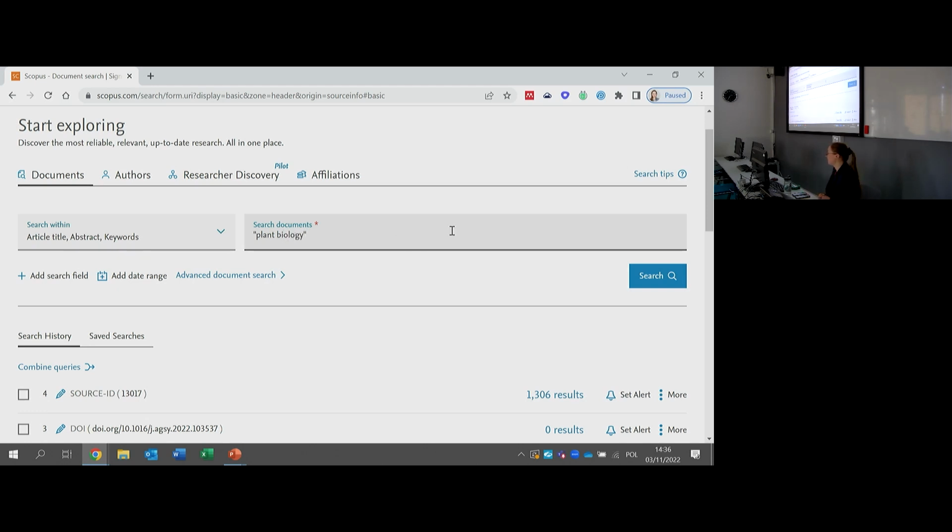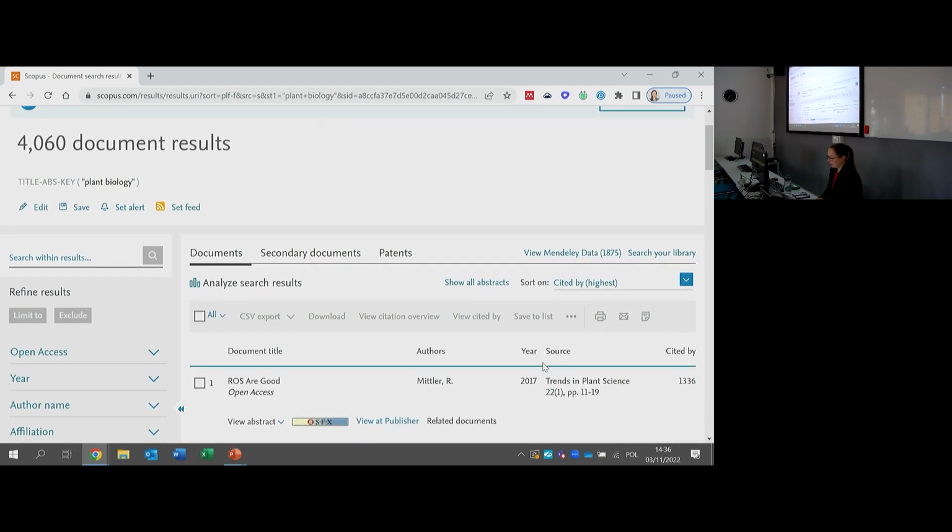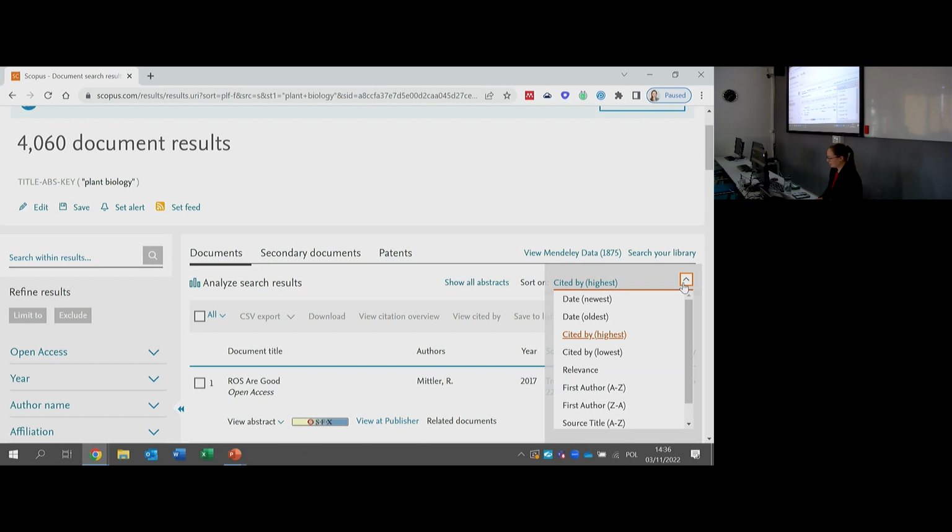Okay, so quotation marks, once again, this works also within the Scopus database. So if you want the database to search the whole phrase, just put it into quotation marks. And let me click search. We have 4,000 results based on abstract, titles, and keywords. This is not a full text database, so it will not search the content of the full text, of course, okay, because Scopus doesn't contain the full text. So we have 4,000 results, and we have the list. It's sorted by cited